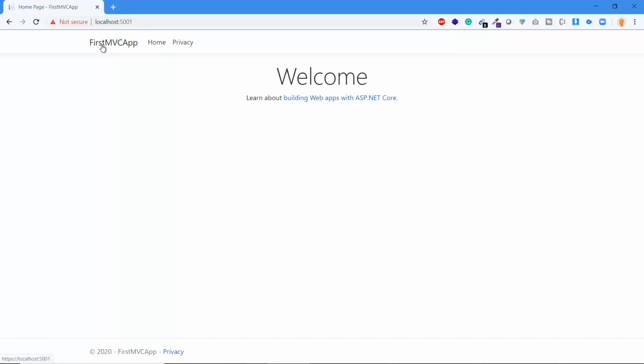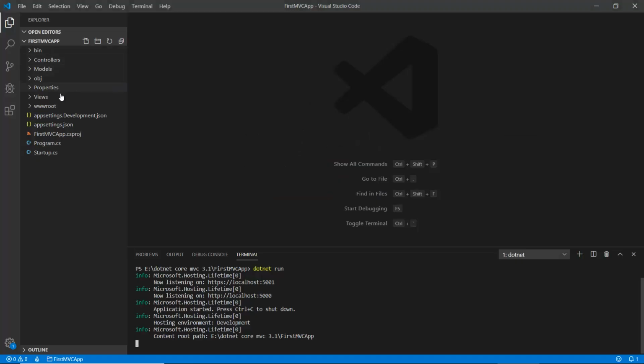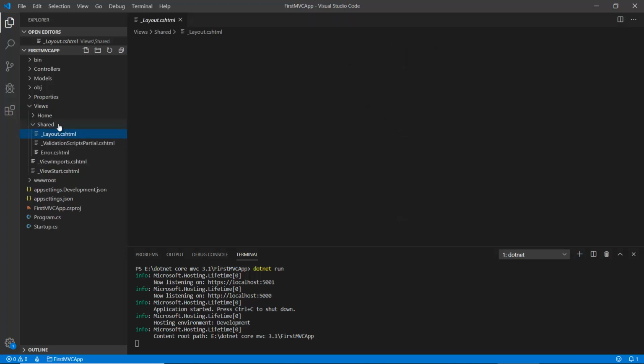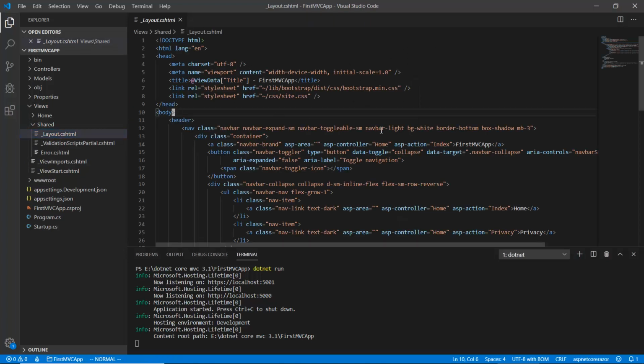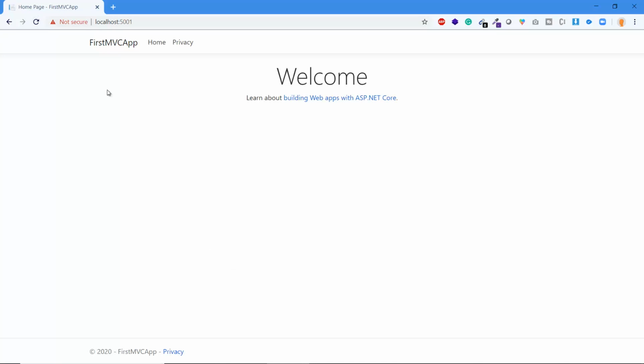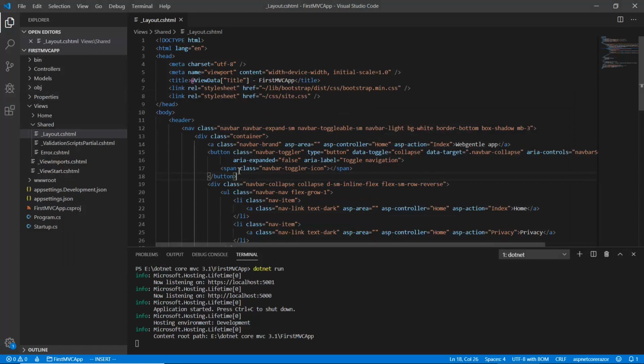Let's make some change in the code so that we can have an updated name in this application. To update the name, we have to click on the Views folder, then the Shared folder and the Layout file. Inside this layout file, don't focus on the code, simply focus on this line and update this text. Let's save the changes and go back to the browser and refresh the page. We are not getting the live update from the code in this application. This is because there is some change in .NET Core 3.1 that we will see in some later part.